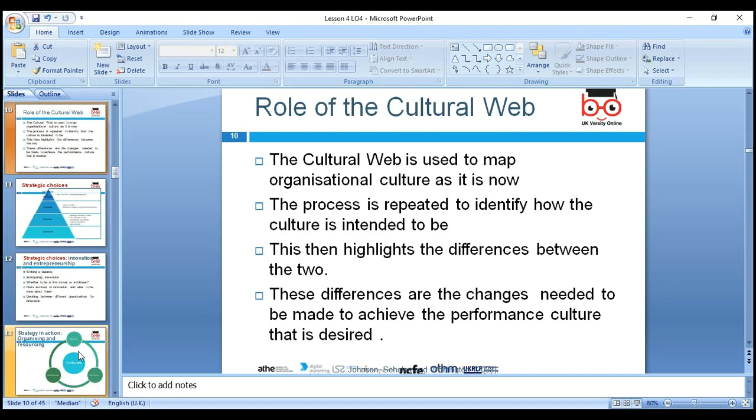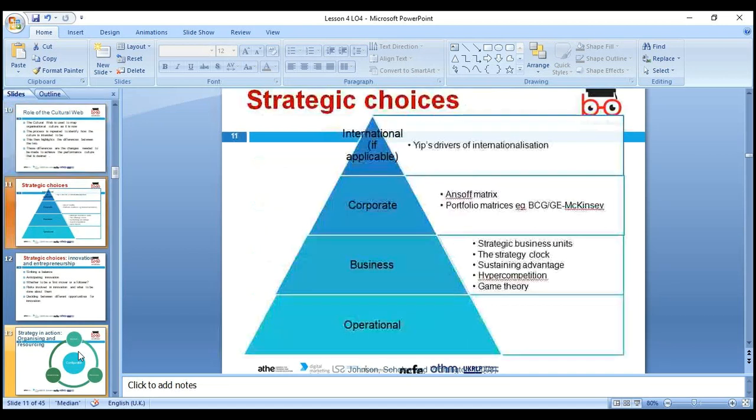The difference is that these changes need to be made to achieve the performance culture that is required. Culture is very important, and when we make the change, it can be a cultural shock. Cultural shock means people can easily leave the organization. That's why it needs to be a continuous process, not a cultural shock, like suddenly saying, "Oh no, we start work at 9 o'clock. No, you have to start at 5 o'clock." That can quickly be a cultural shock, because a lot of things can happen and people will leave